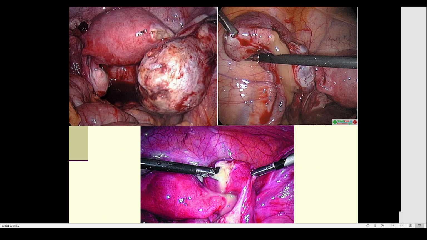You can see it's uterus, it's purulent formation, it's pyosalpinx in the region of fallopian tubes and ovary. And you can see rupture of formation, you can see pus from this formation. And same again, you can see it's uterus, it's purulent formation in the region of appendages, in the region of fallopian tubes and ovaries.